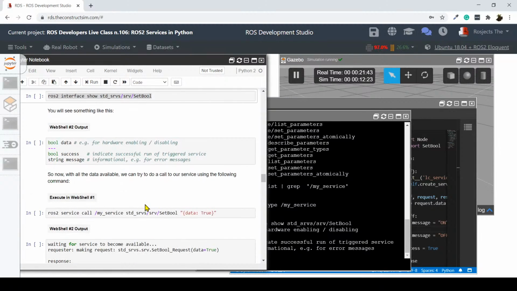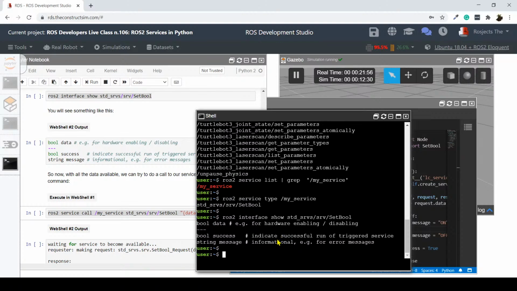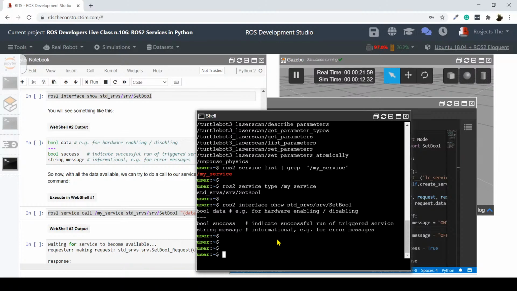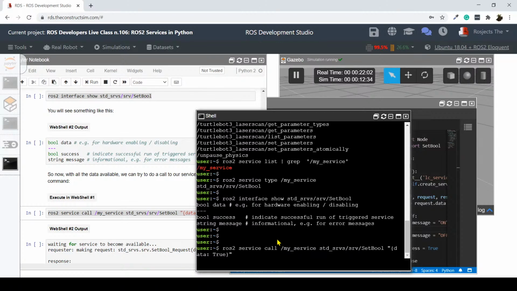Let's keep going. So now, with all the data available, we can try to do a call to our service using the following command. We are going to actually send a request to our service server. We are going to call our service server. This is done with the following command: ros2 service call. Then we specify the name of the service we want to call. We specify the type of message that it's going to use, SetBool in this case, and finally we specify